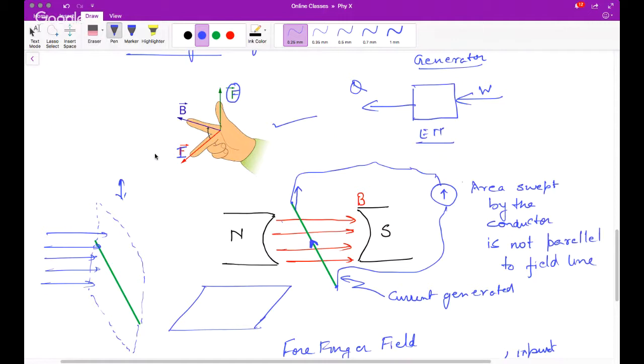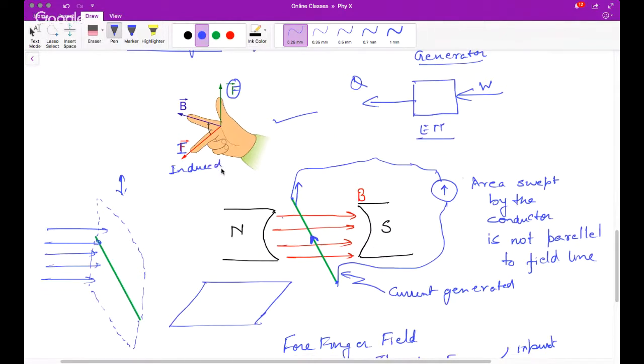Okay. So this will be induced current. So this is nothing but induced. Why is it induced current? Induced current, because there was no current before. And when you did this exercise, that means if you allowed the rod or the conductor to go up and down in this magnetic field such that the area swept is not parallel to the magnetic field, then you will